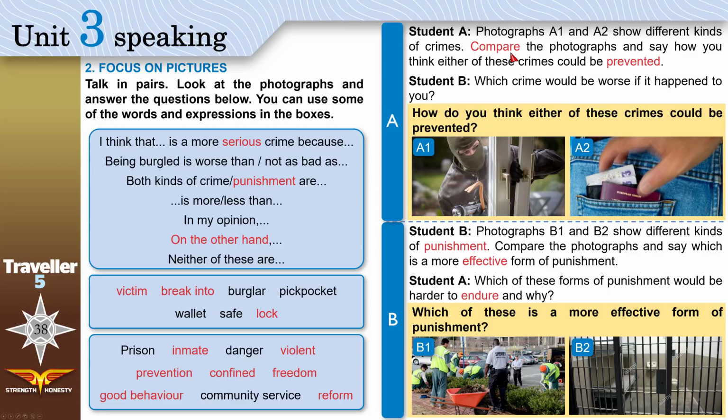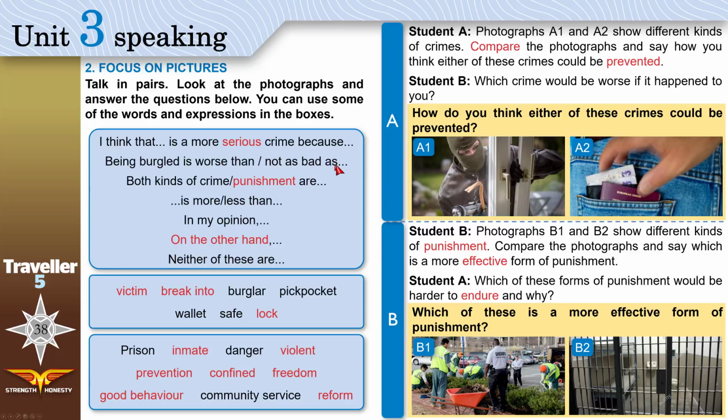Compare. When you compare, you say the similarities and the differences between the two photographs and say how you think either of these crimes could be prevented, could be stopped. How can we stop them? Student B, you will say which crime would be worse if it happened to you. Use these words. I think that is a more serious, is a worse crime because being burgled is worse than,